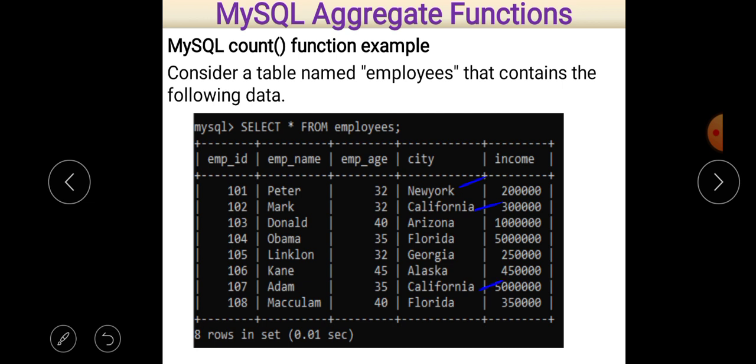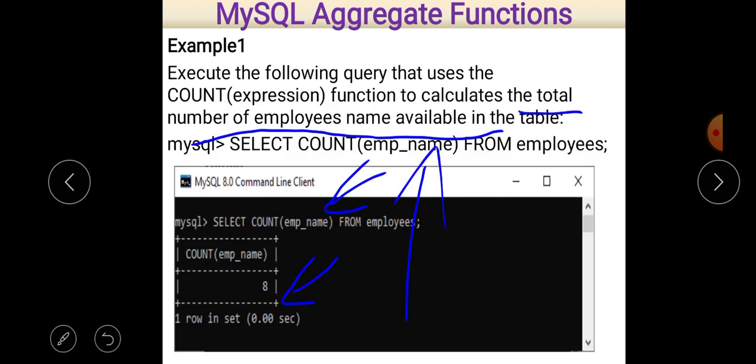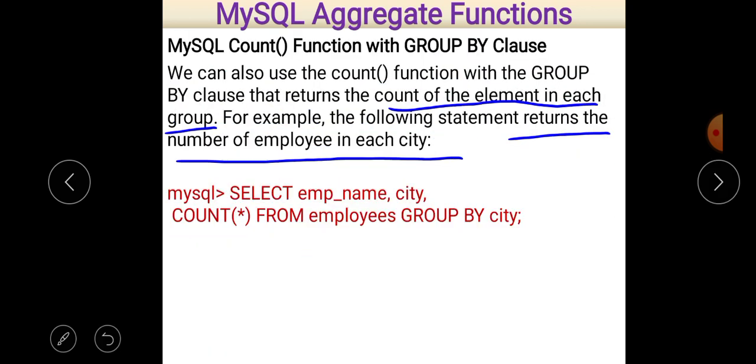Okay, Florida again repeats 2 times. And if you want to find out, suppose, how many employees are there in city Florida, or how many employees are there in a particular city, then this is done by using count function.